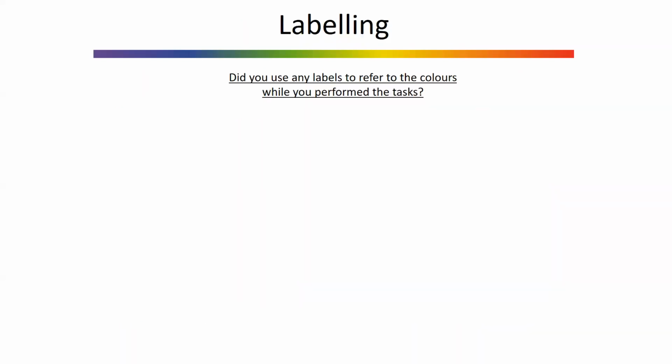Labeling data is interesting too. We asked participants the following question: did you use any labels to refer to the colors while you performed the task? And the hue learners all reported using green and blue or green turquoise. Quite interesting considering that there was only a very small tinge of blueness and only really in the final row of the sample. And yet that's what they seem to have attended to while learning.